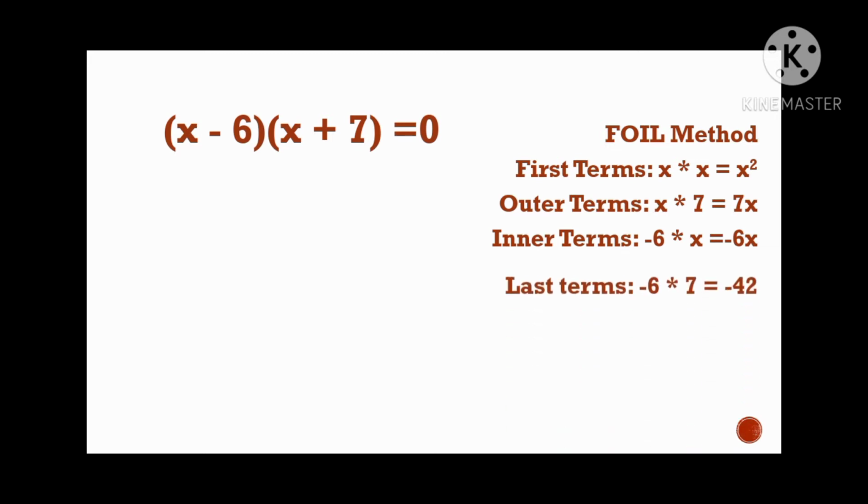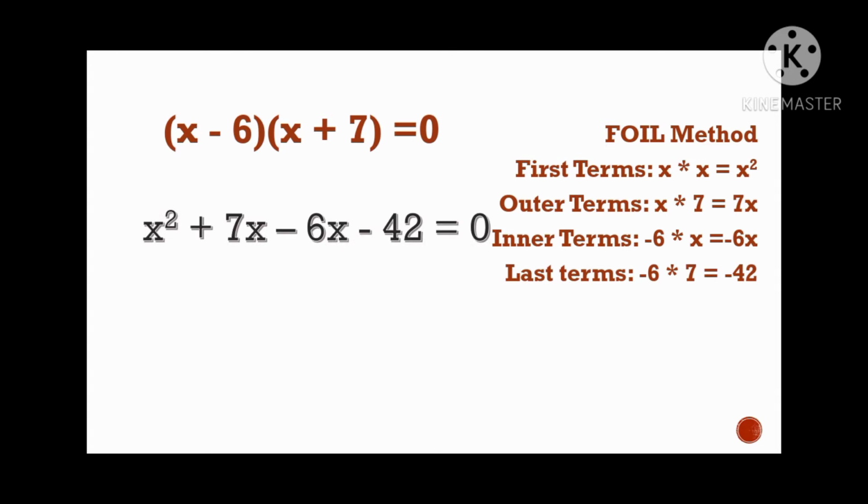And the last terms are negative 6 and 7. And their product is negative 42. So, we have now the equation x squared plus 7x minus 6x minus 42. Okay, so after nyan, titignan nyo ngayon kung meron bang mga similar terms sa equation natin. And sa equation na yan, we have